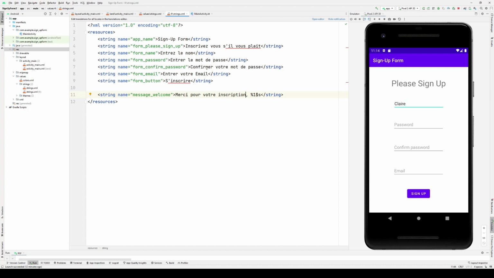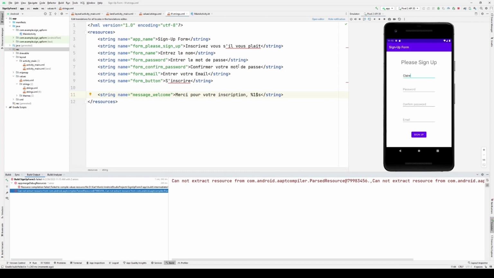Now, from here, I essentially have a couple of issues. Well, one issue repeated. And this is something that can happen even if you are not doing a translation. If I try to run this application, it is not compiling. Essentially, there is a problem with my resource. And what's happening is that my strings contain characters that need to be escaped. Specifically, what it needs is for me to escape these single quotes, and I do that by placing a